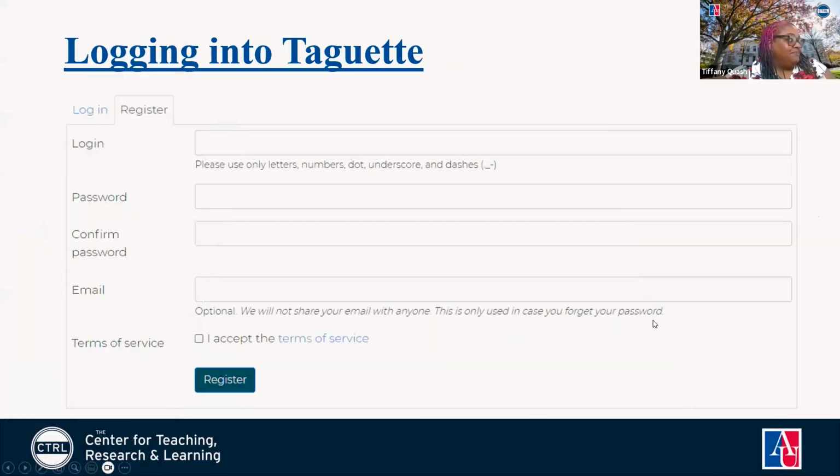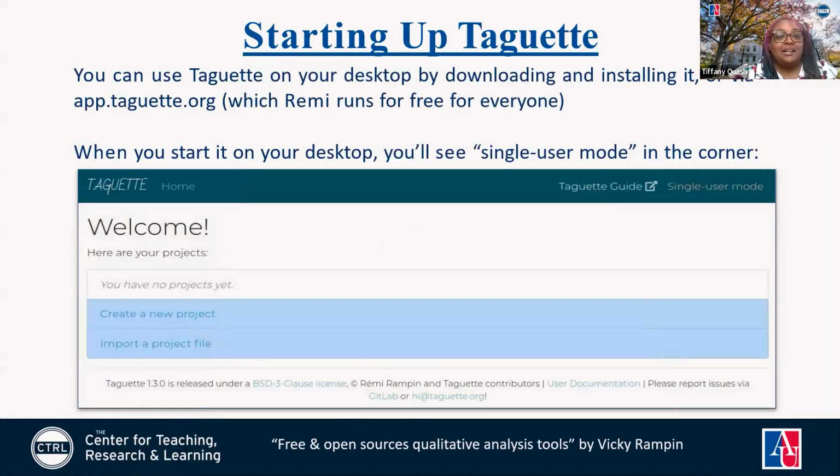So without further ado, we are going to actually log into Taguette. So you all have already done this part, which is fantastic. So this is where I'm going to stop sharing. And you have to tell me when you can't see my screen if that's helpful at all. And I'm just going to pull up Taguette.